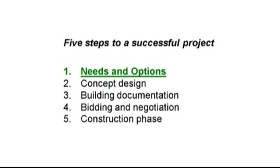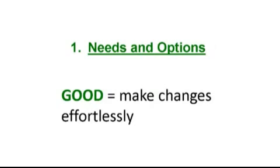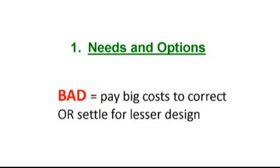There are 5 points during the process of a project where you have the opportunity to make changes. The first one is the Needs and Options Review. Second one is the concept design. Third, the building documentation. After that, bidding and negotiation and the construction phase. Now, if you discover better options early on, then you can make the changes effortlessly. Make your discoveries late and you pay exponentially more, or worse, live in a house where you settled for a